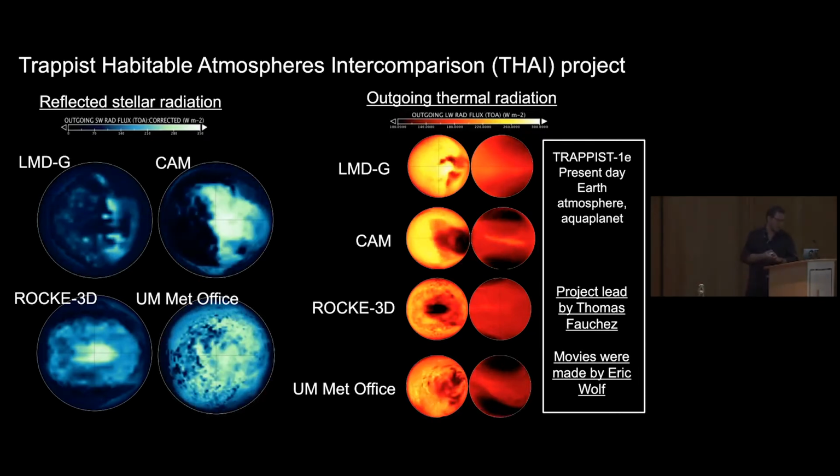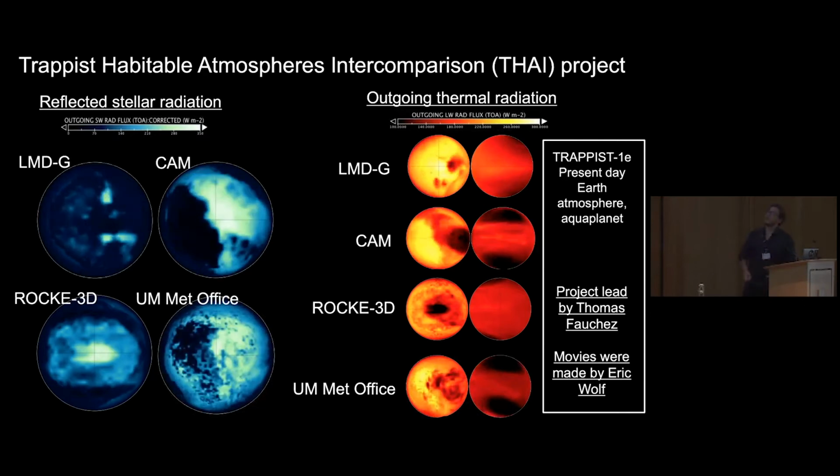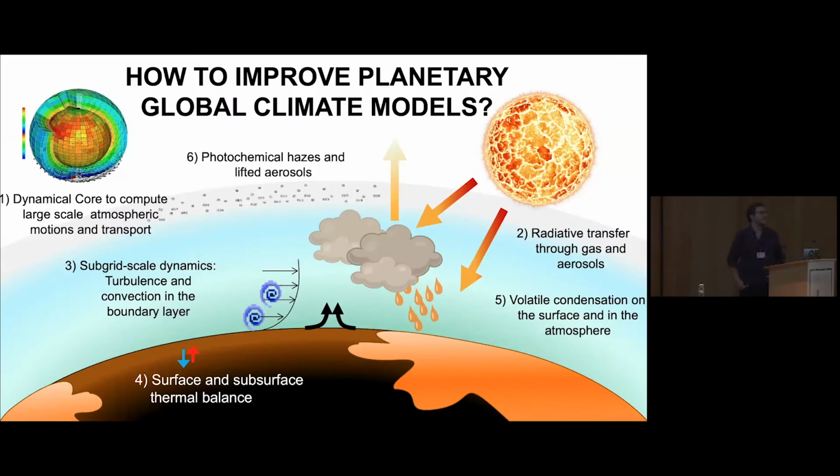So I'm now moving to the last part of my presentation, where I will discuss very rapidly the kind of improvements that could be made to improve those global climate models. And I think, as most of you have seen in the previous talks this week, that a way to really improve this model is to go to high resolution.